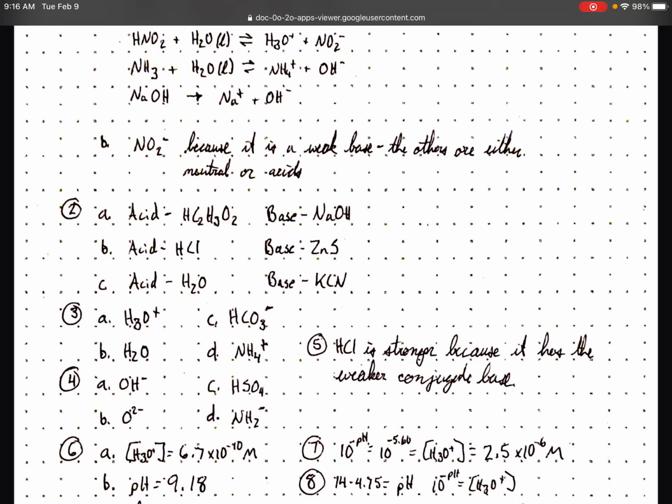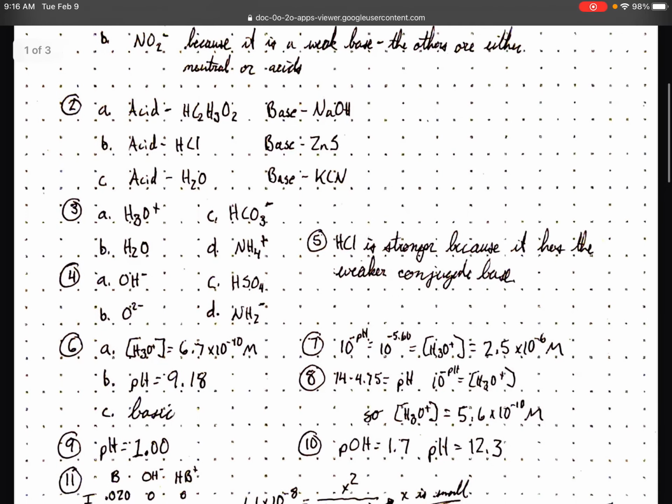Number 3, writing the conjugate acid. So you just write the acid form of what it shows. So you'd add a proton to each one. So that's what I did. On 4, you take away a proton because you're writing the base form of each one. Number 5,